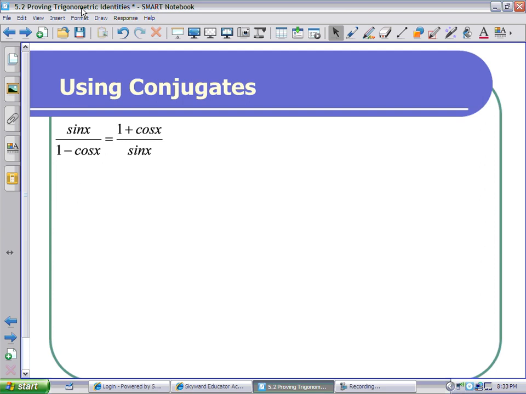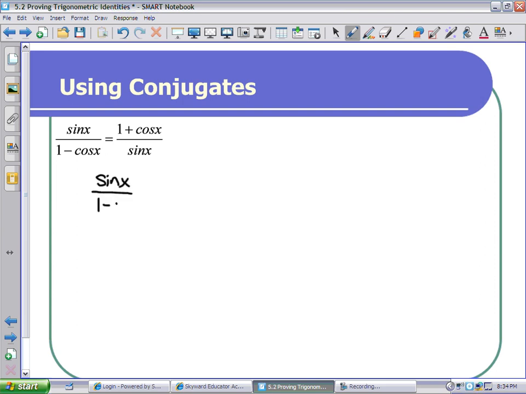Here we're proving trig identities using conjugates. When you look at the left-hand side of the equation compared to the right-hand side of the equation, you can see that neither side is messier than the other. So if I choose to work with the left-hand side of the equation, which is sine x